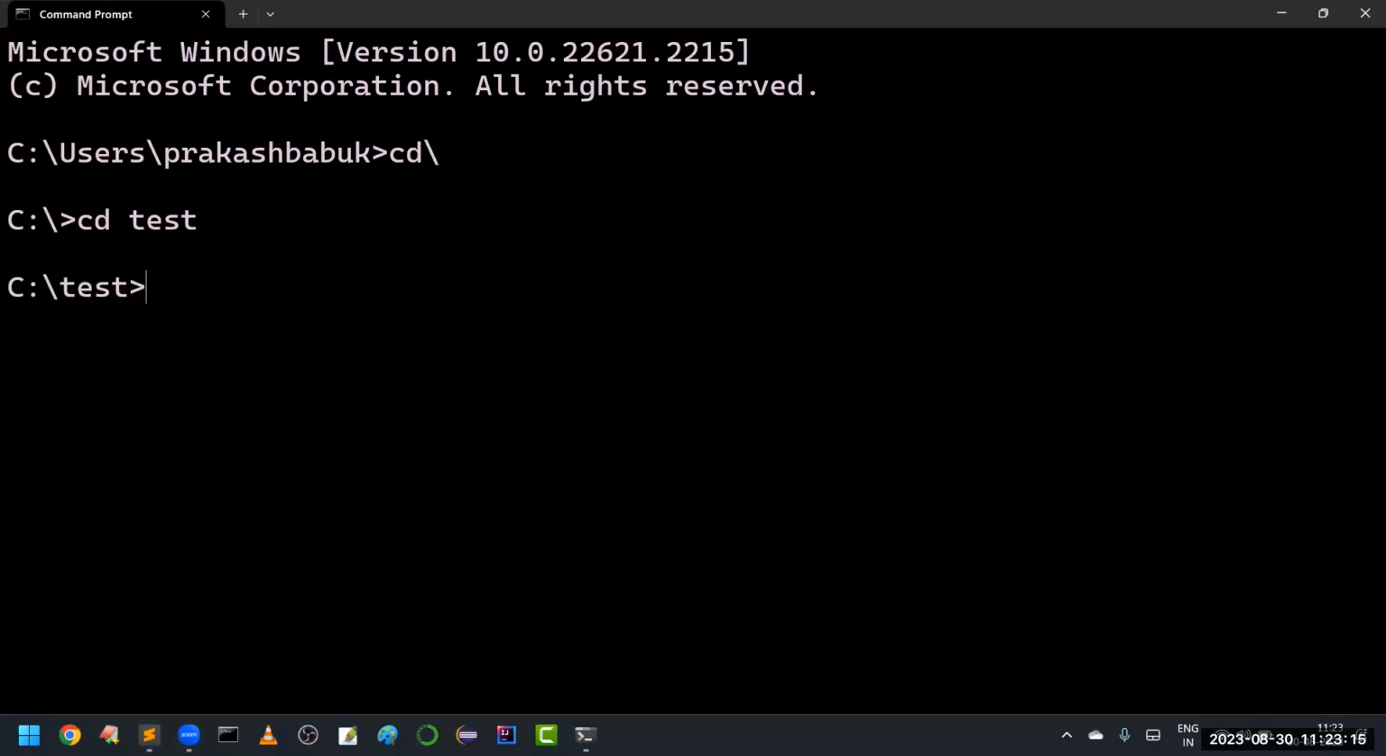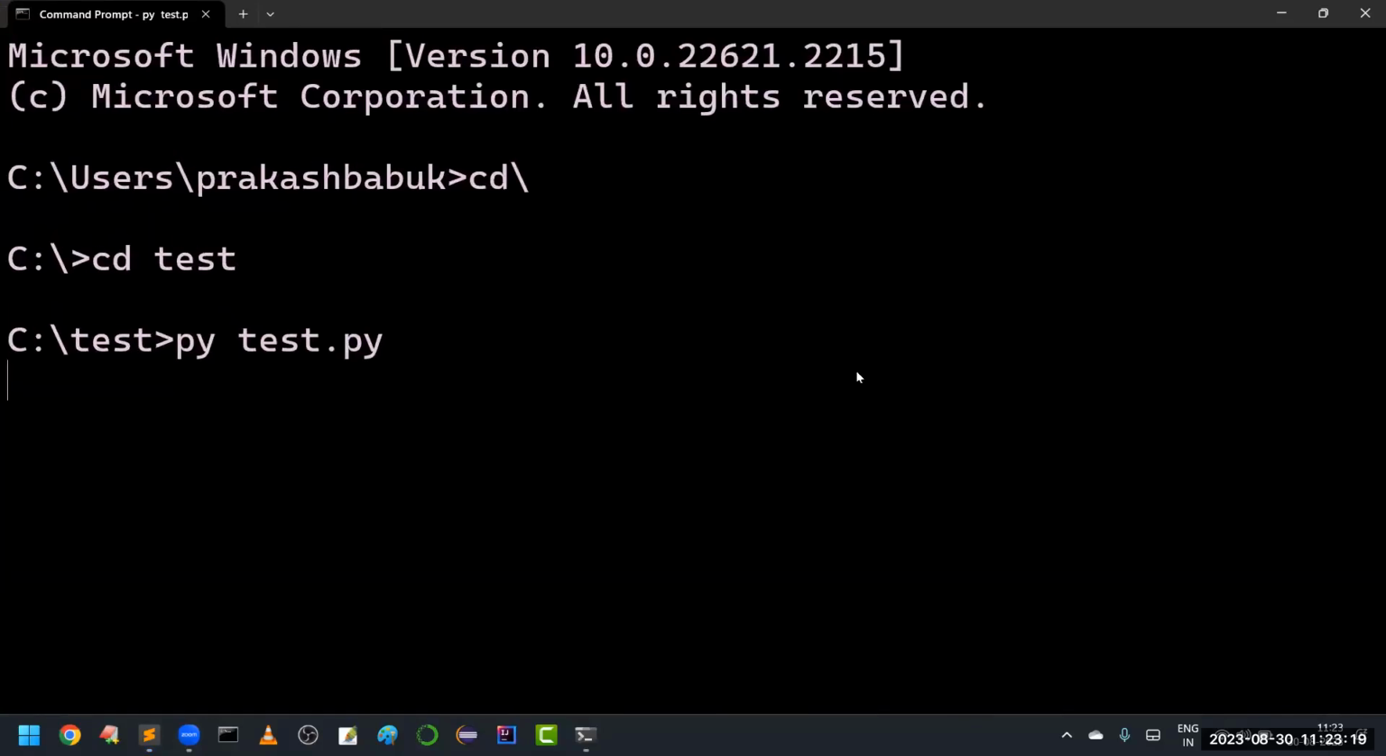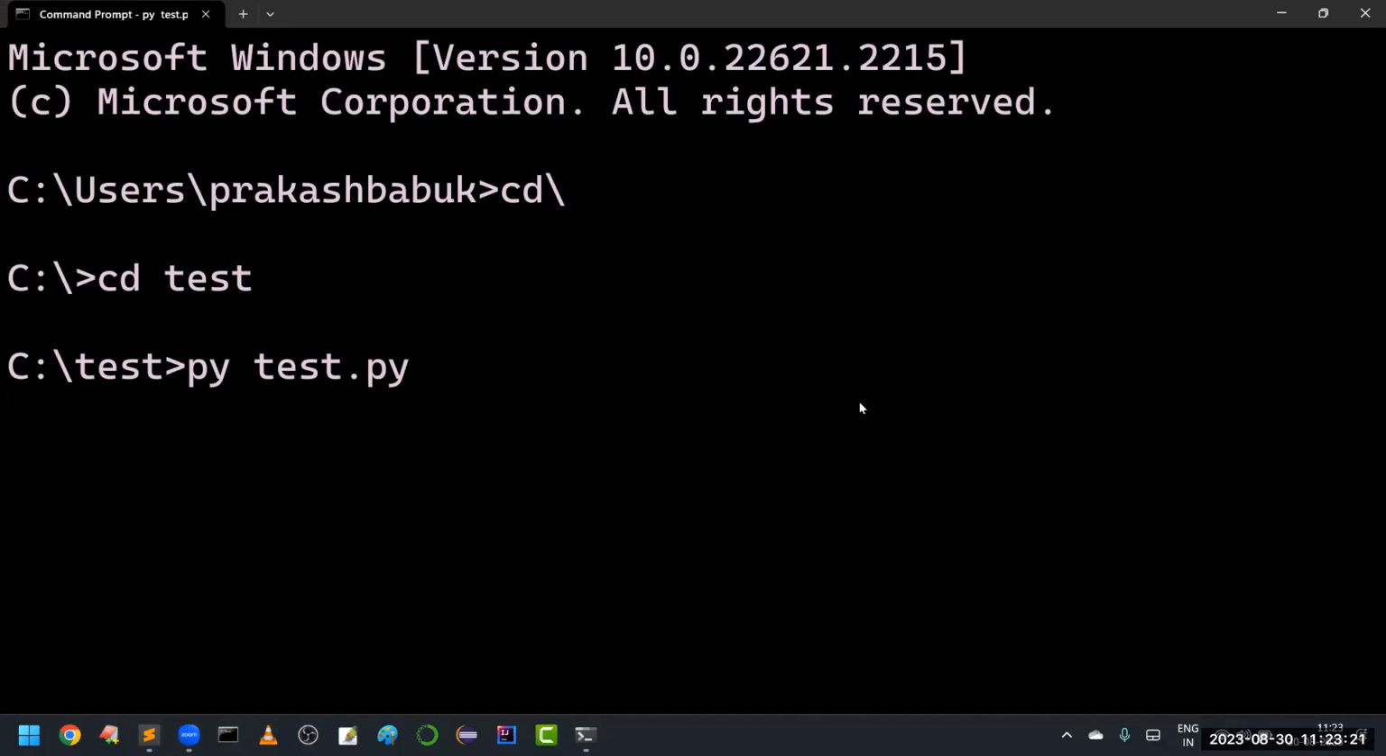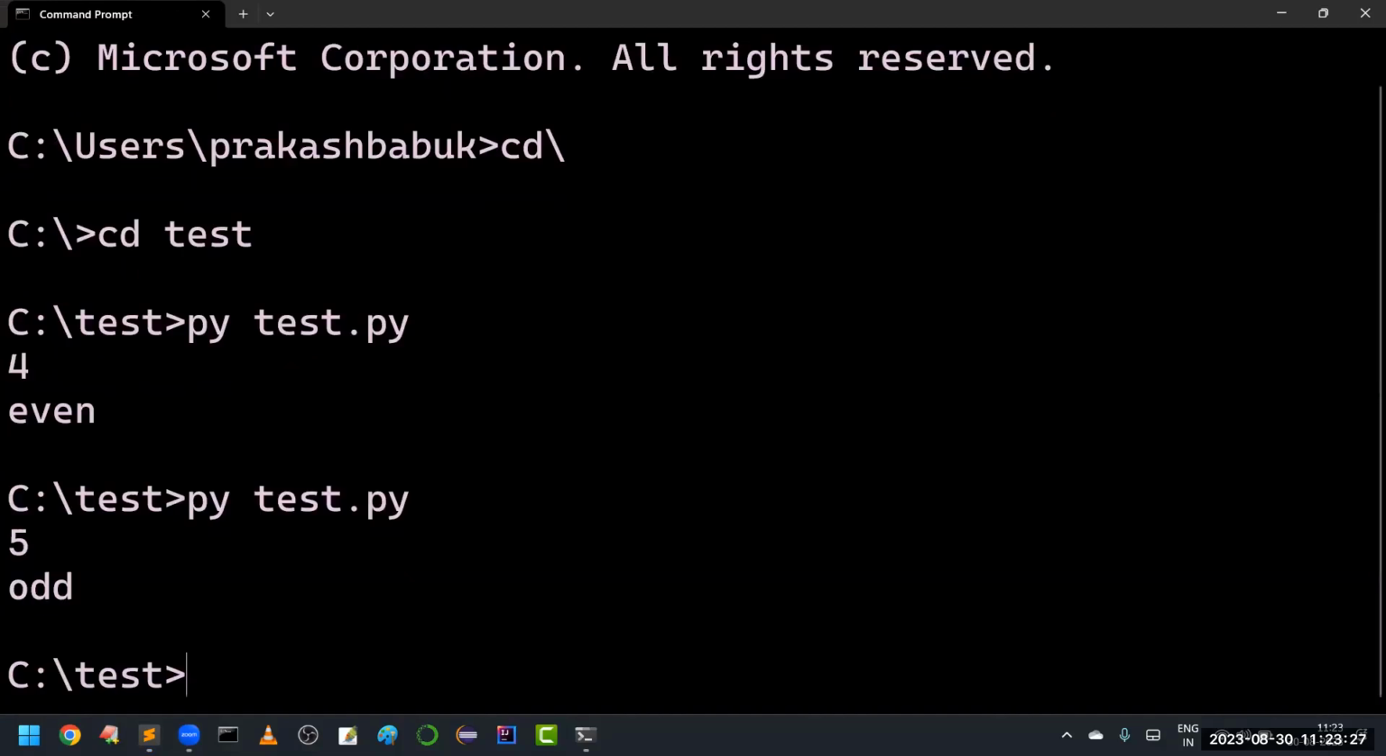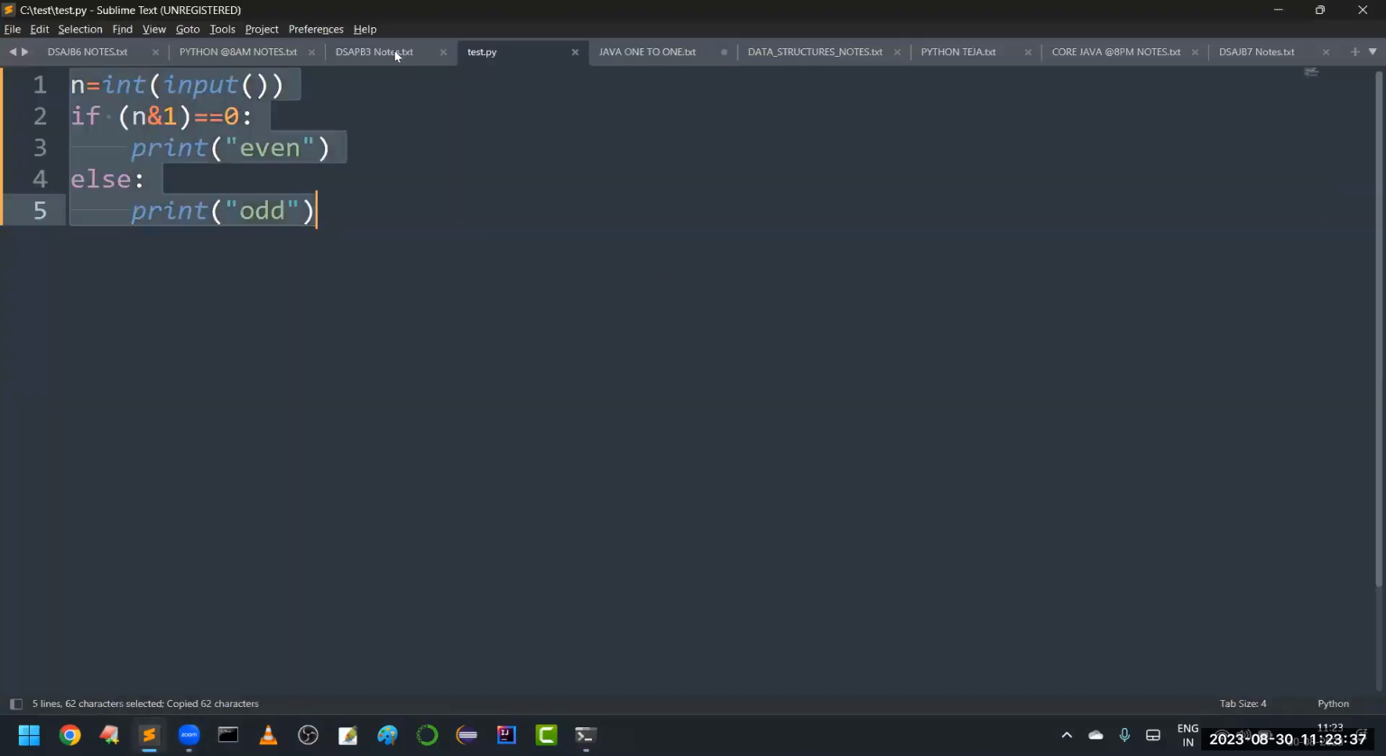cd space, I am taking test.py. As you can see, it is expecting an input. If the input is 4, then the output we are getting is even. If your input is 5, the output we are getting is nothing but what? Odd. Like this, we can check whether the given number is an even number or odd number by using